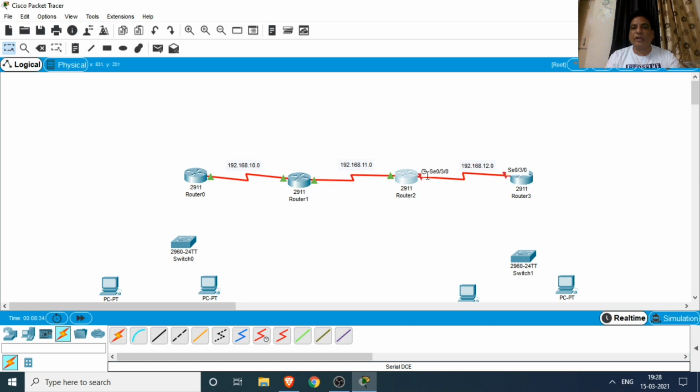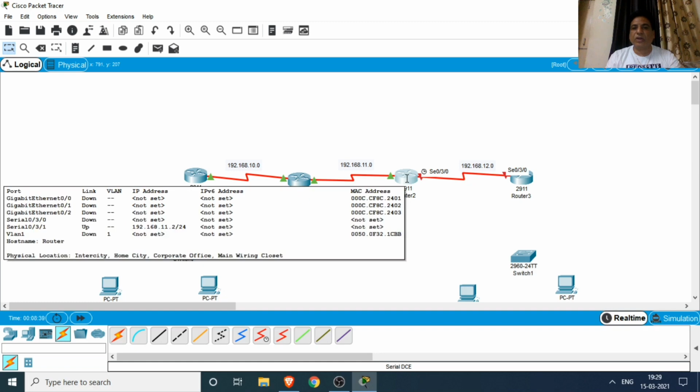In router 2 and router 3, we use the 0/3/0 serial port. So we click on router 2.